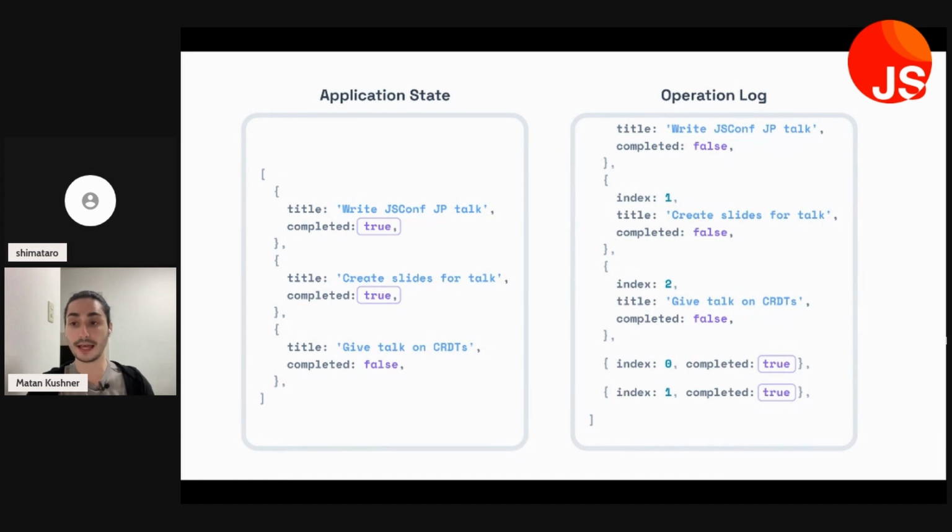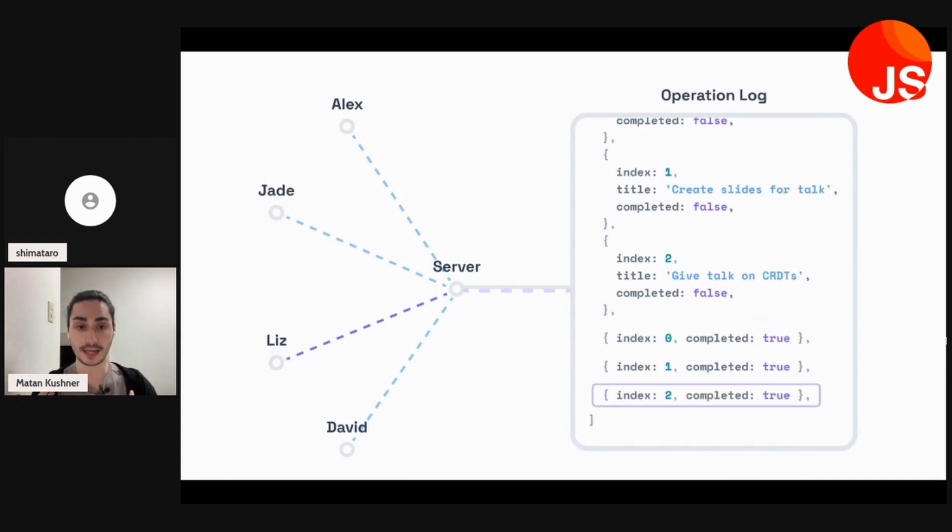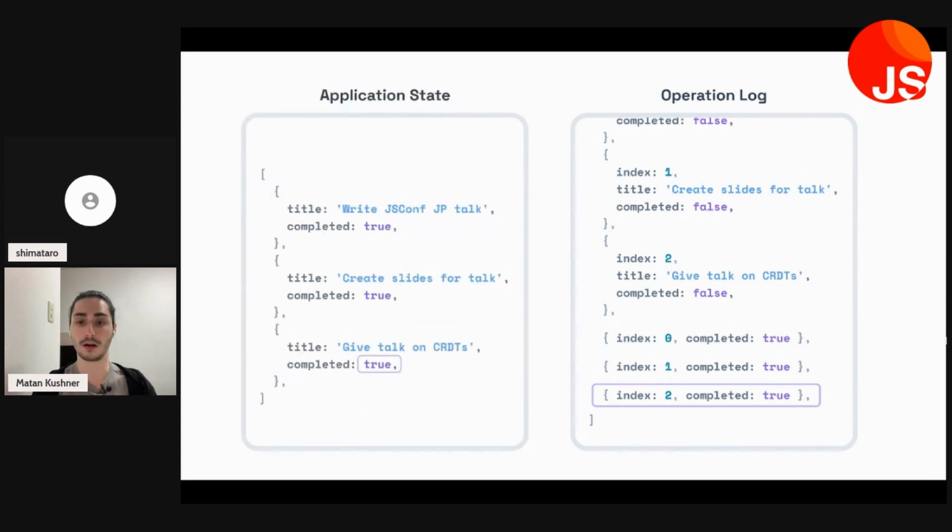Now let's take a look at collaboration. When changes are made in the operation log, like I said, they get sent to the server, and the server will propagate that to all the other clients. And in that same way, if a client who's connected makes a change, it gets sent to the server, and we eventually get it along with every other user. So that goes on to update our application state like so. With our latest update, our application state is now up to date. That's it. That's the bread and butter of CRDTs, or the general structure.